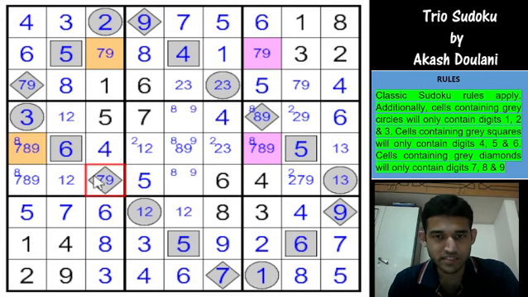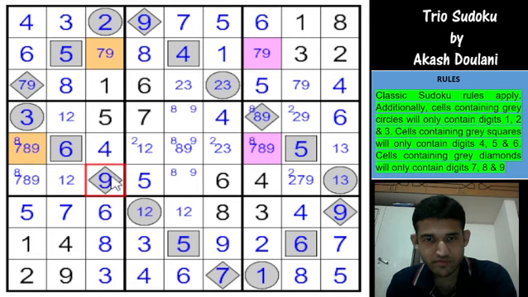So this cell cannot be a 7, because if this is 7, then for both rows 2 and 5 you're going to have a problem. So this has to be a 9. Superb. So that's a 9. I changed the color accidentally, so let me go back to that. So that's a 9, right?